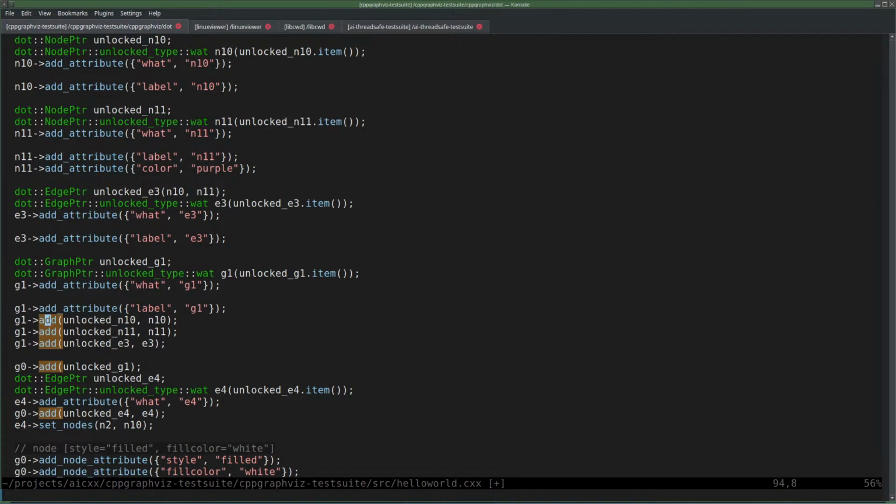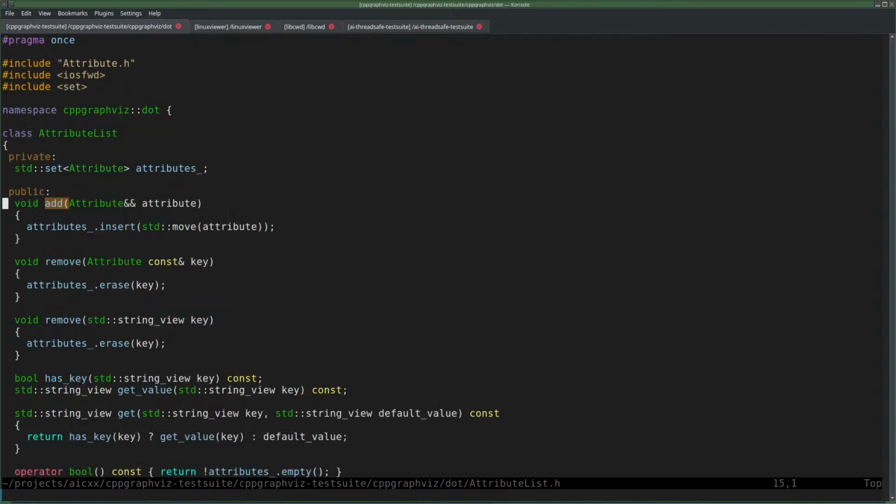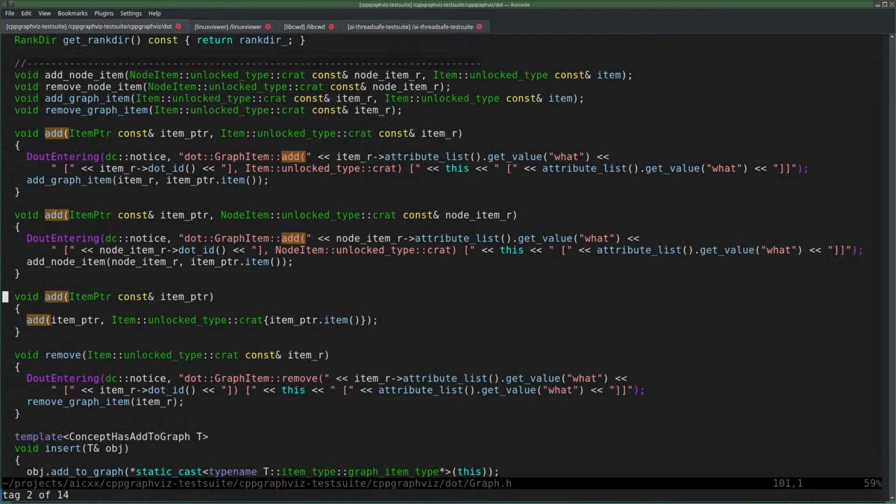Okay, can jump to add again. This one, and before we had this one, and then I added that one and that one. And this one is doing everything, but in the case of edges, that's not working, because, well, it's a good question.